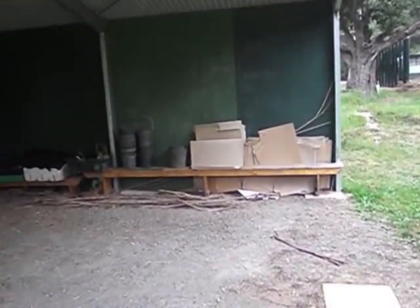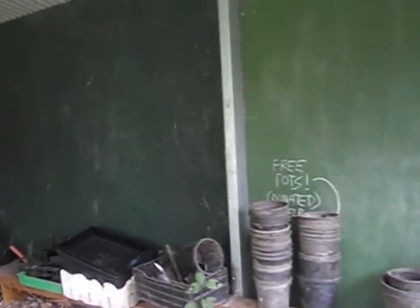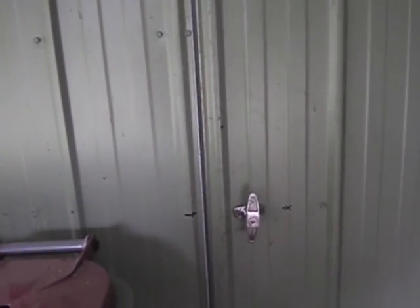Last but not least, here is the outdoor classroom, which is occasionally used by the school and will of course be employed for the What's to Eat project. I'll bet you're wondering what's in the shed. Well,